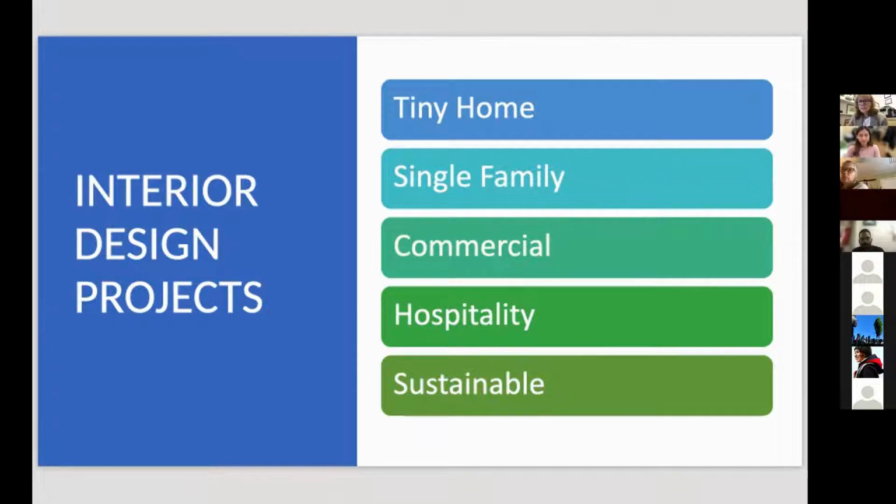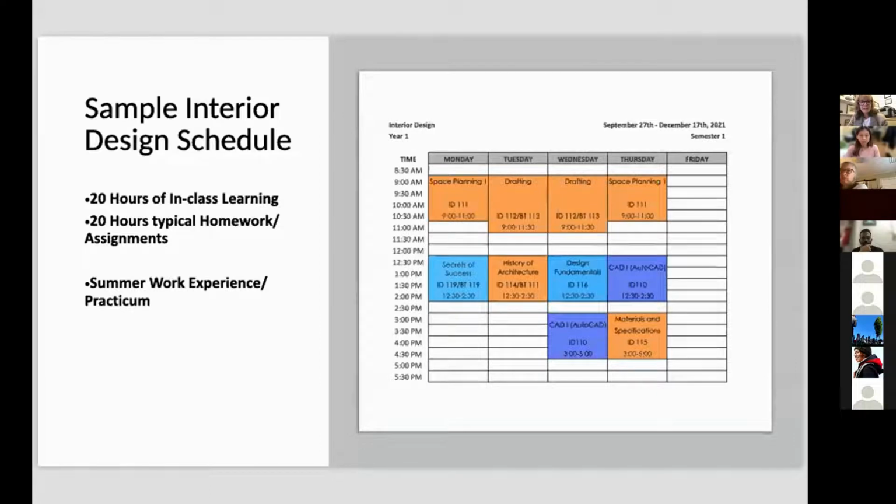Absolutely. So there's a nice mix of classes in the program. You might have a class about AutoCAD where you'll do some projects exploring AutoCAD. And then you'll have classes that are specifically about doing projects, where you will still learn about software and deepen your understanding of it, but you will apply it really directly to a range of different kinds of projects. And then